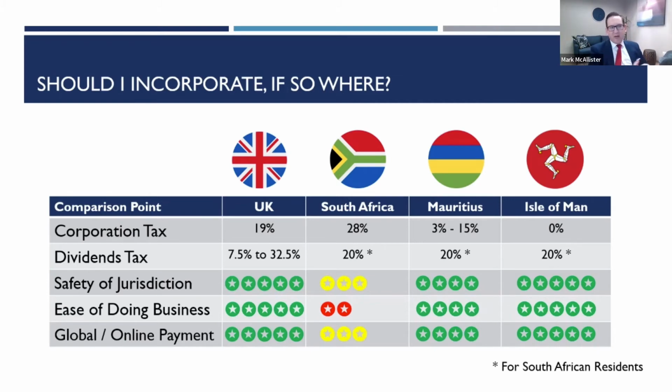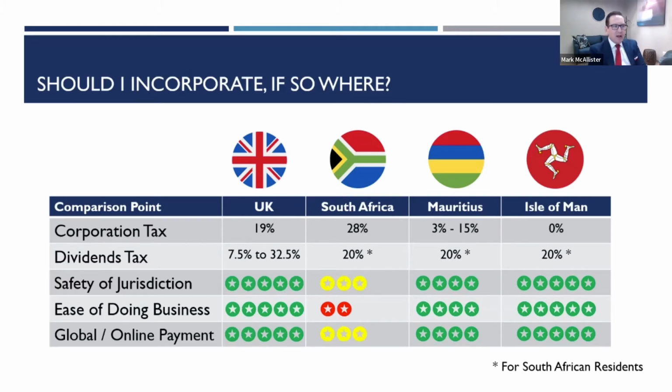I've included some of the other offshore centres there as well, because often these get thrown in as ideas, to benchmark it. But the three lines at the bottom, I think, are what we should also not forget. If we're going to set up a company and use it as our billing vehicle, it needs to be in a safe jurisdiction, right?